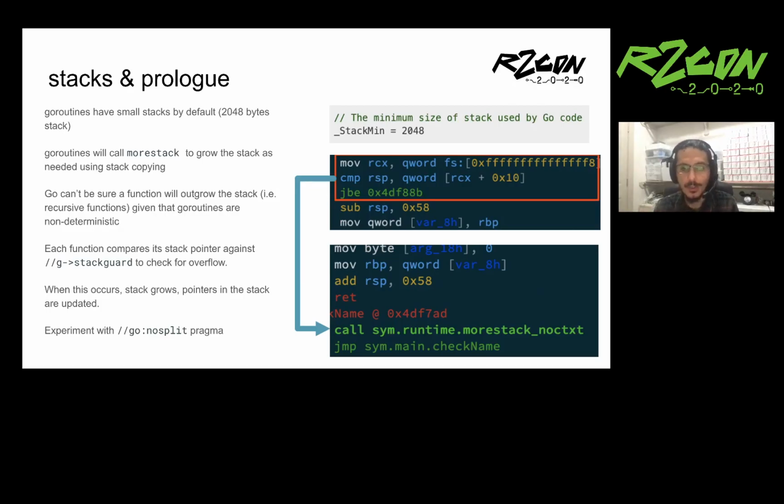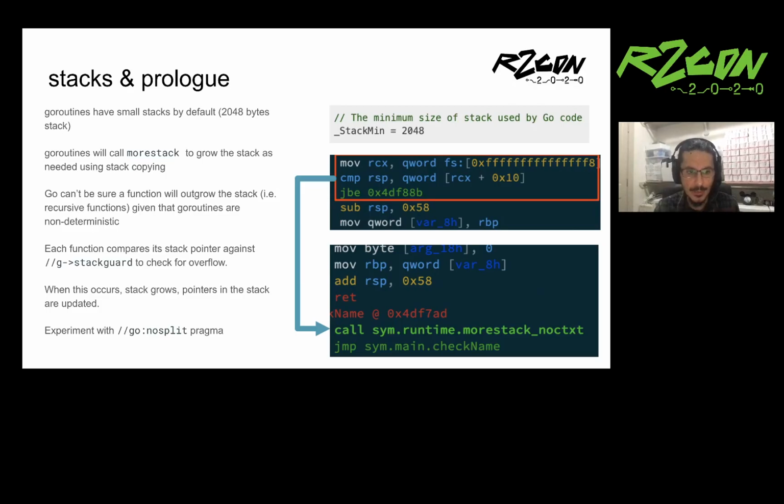For instance, if you are calling a function asynchronously using go func, you call the goroutine, for instance. Given that goroutines are not deterministic and can potentially be called recursively, Go cannot be sure that the function will not outgrow the stack. So then